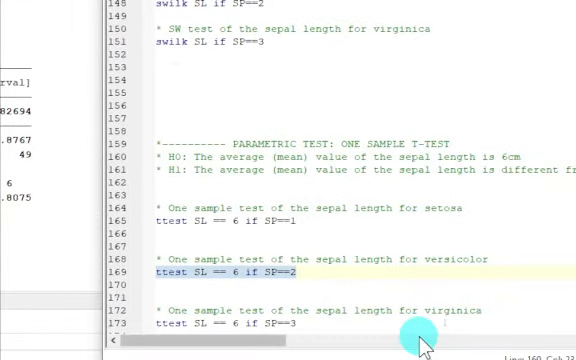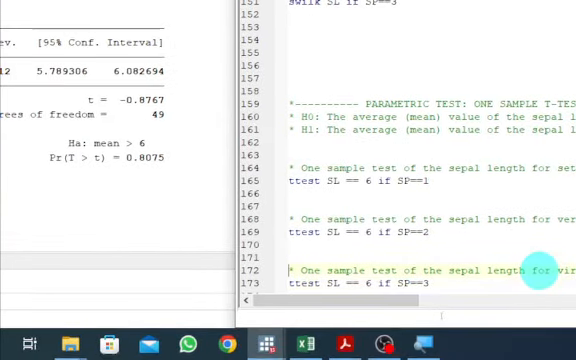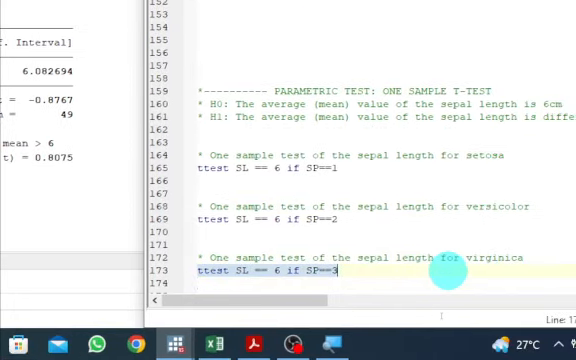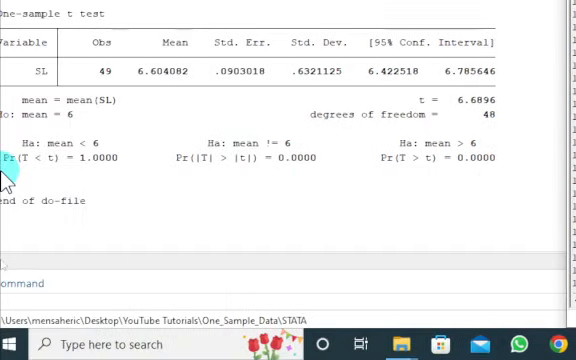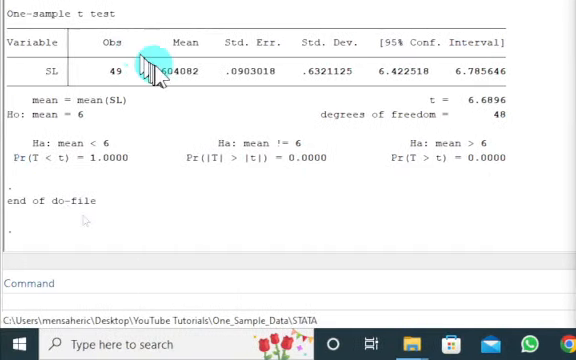Then let's check the one sample test of the sepal length for Virginica. Okay, so let's execute this, Control D. Alright, so the mean value is 6.60 centimeters. We want to find out if this mean value of the sepal length for Virginica is different from the hypothesized mean,